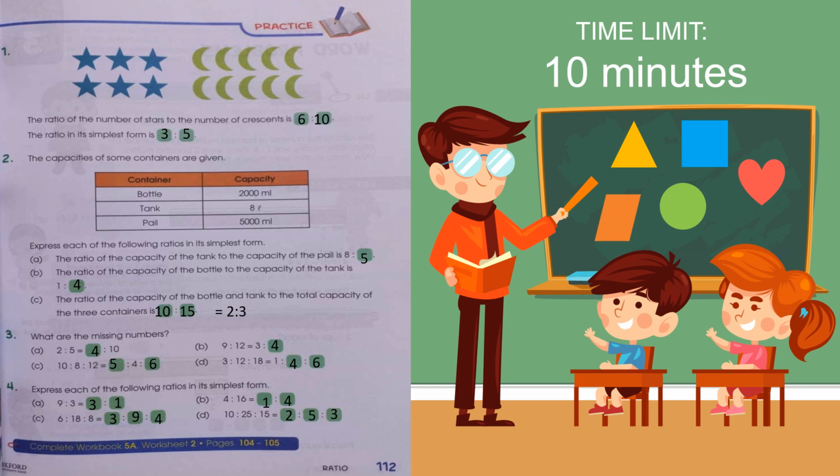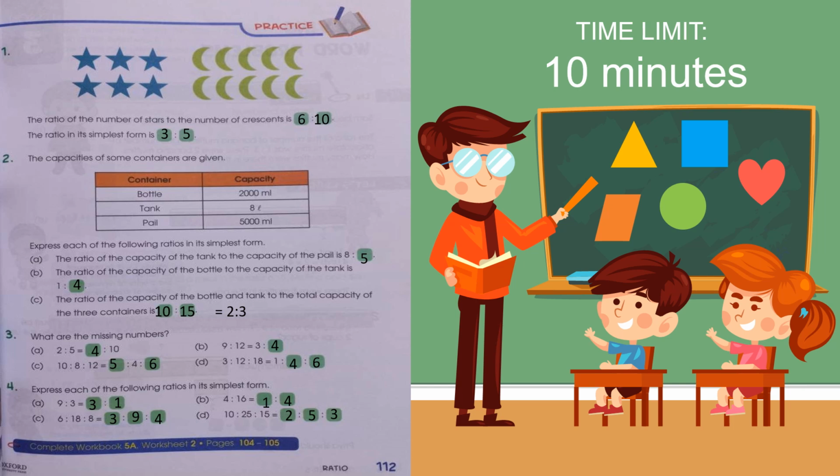For part C, we have 6:18:8. Here the common factor is 2. So we have to divide all the numbers by 2, because 6, 18, and 8 are all divisible by 2 but not by any other number. So we are going to divide by 2. So we have 6 divided by 2 is 3, 18 divided by 2 is 9, and 8 divided by 2